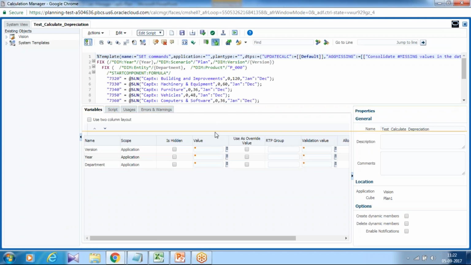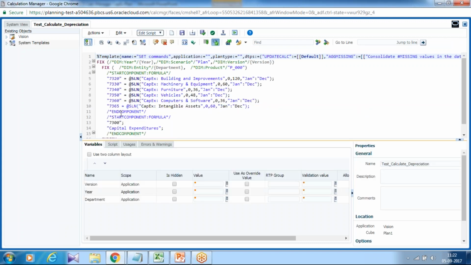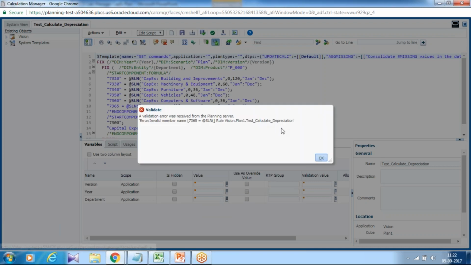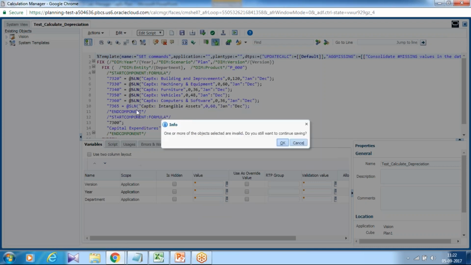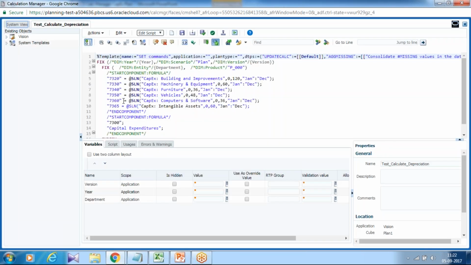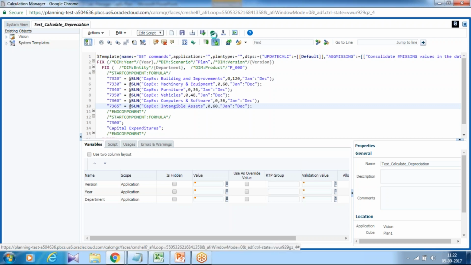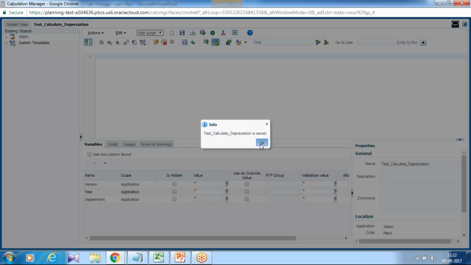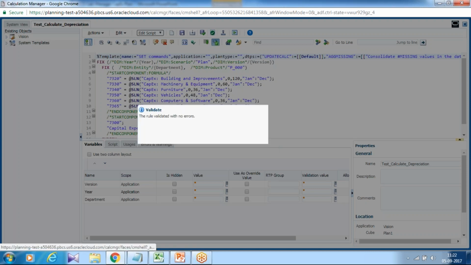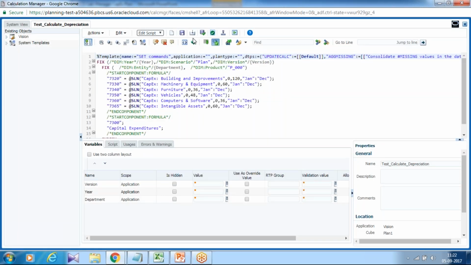The script gets rendered. Cross check your double quotes so that you don't make any error. Save and validate. Oh, we seem to have some error. Yeah, the double quote is missing over here. I was just saying make sure your double quotes are properly set. Anyways, this is part of your program writing. Validate now. Validate passes with no syntax error.